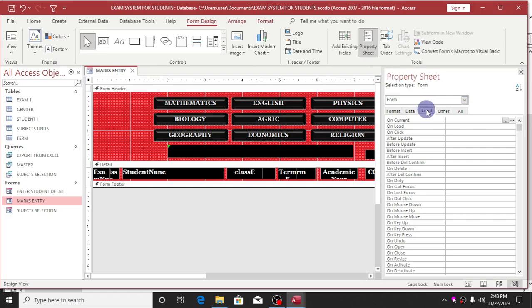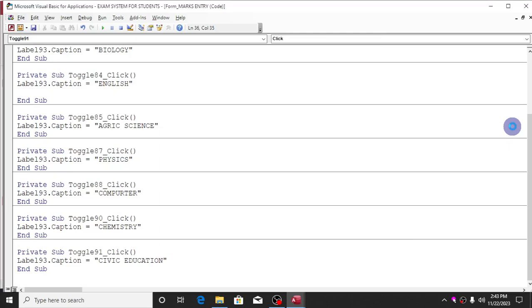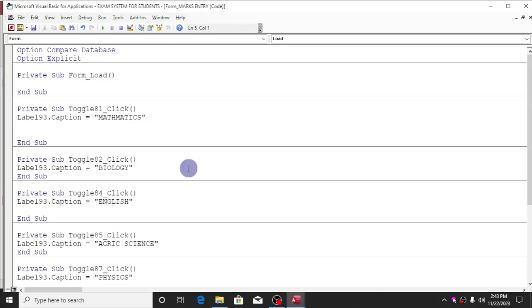Then you come to events. Then you go to unload. Look at unload here. You bring down these two buttons there, unload. You click the drop-down list and click on event procedure, and then you now tap. It will show the unload procedure. So now this unload procedure,